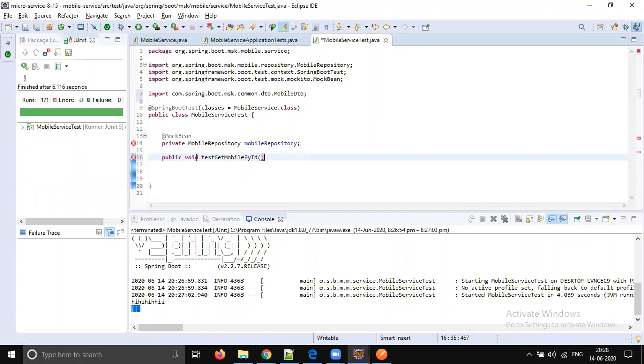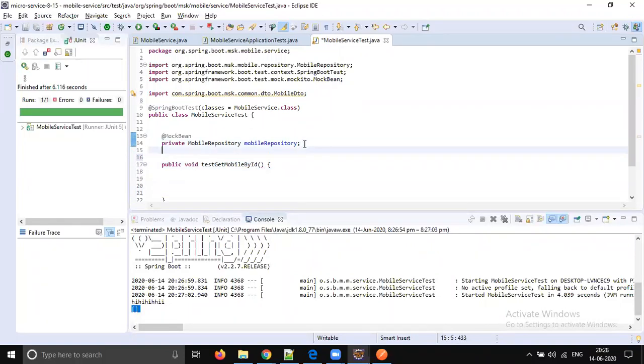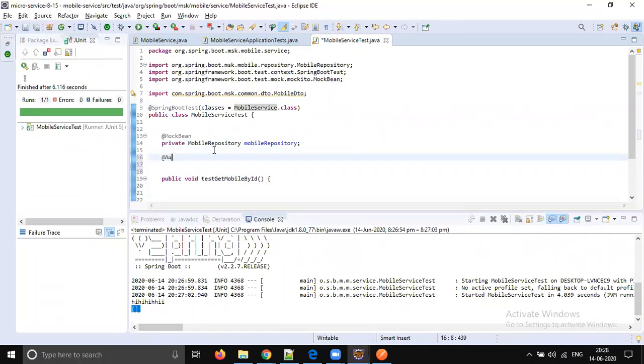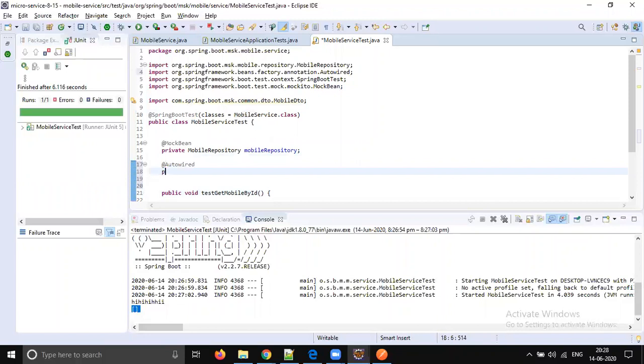We need to send some data and we should expect some response. Now we need the mobile service. It's created by Spring, so you can happily autowire it. Yes, mobile service.